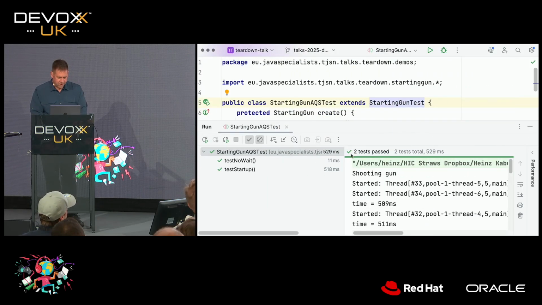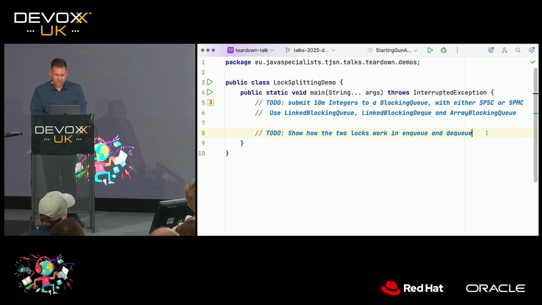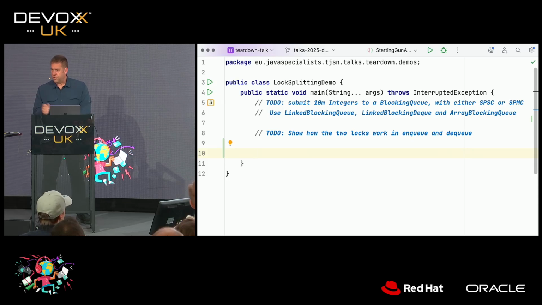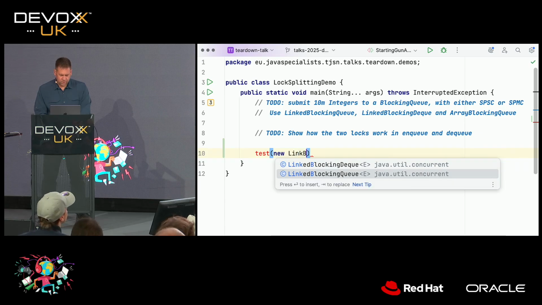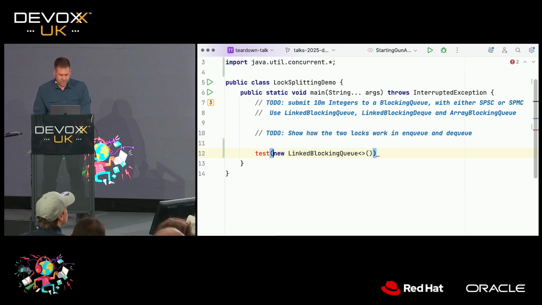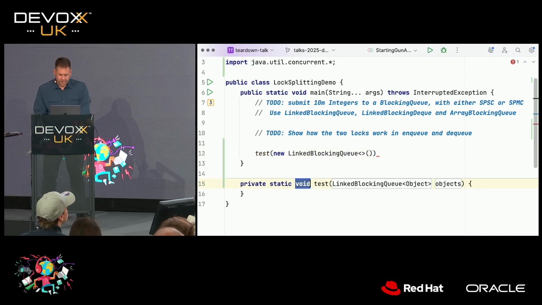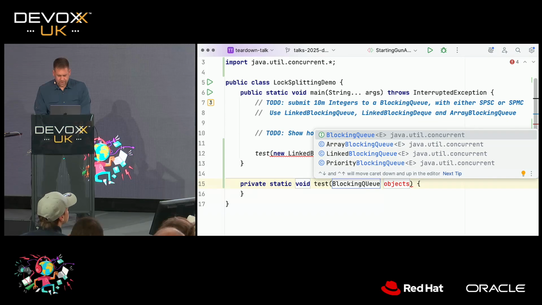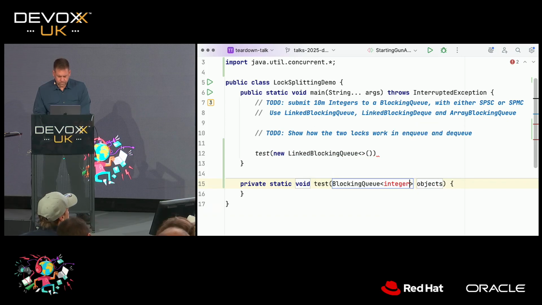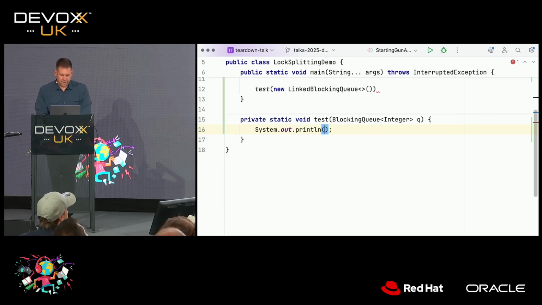So if we do another quick demo here, what we're going to do now is make 10 million integers and put them into different types of blocking queues. We're going to test, first of all, a new linked blocking queue. The test is going to be just a blocking queue test of integer. Let's call it queue. And we'll print out the type of queue, get class, get simple name,